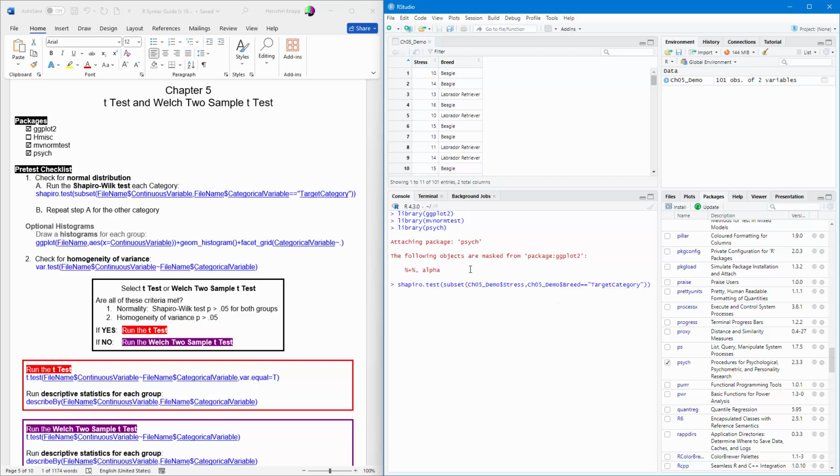Copy one of the categories, Beagle, to target category, and press Enter. To run the same test for Labrador Retriever, press the up arrow key and change the target category. Copy Labrador Retriever over Beagle